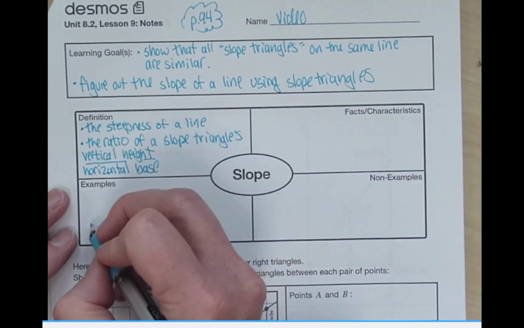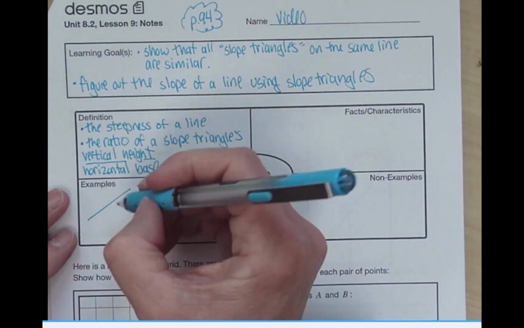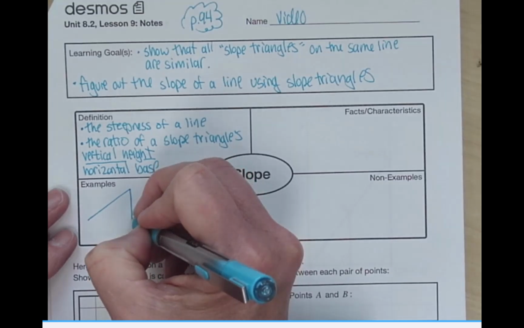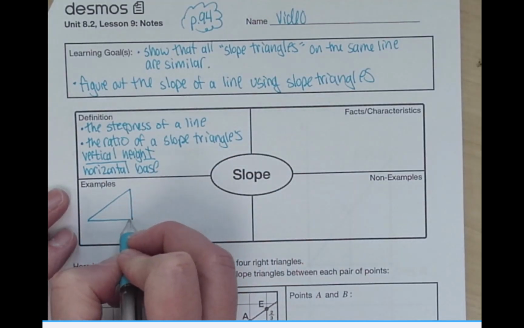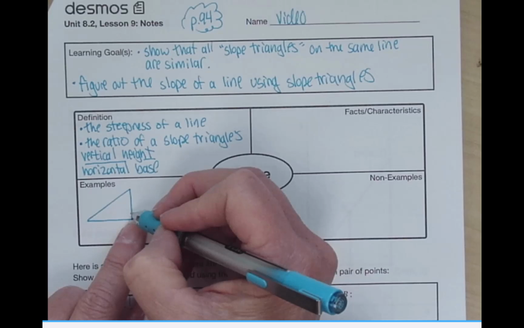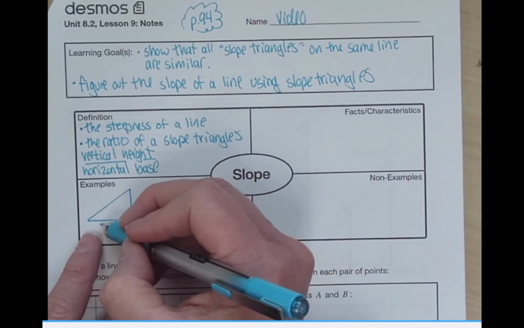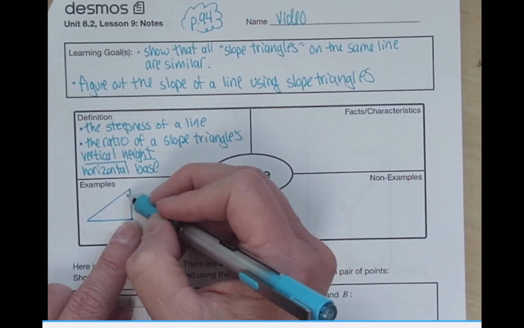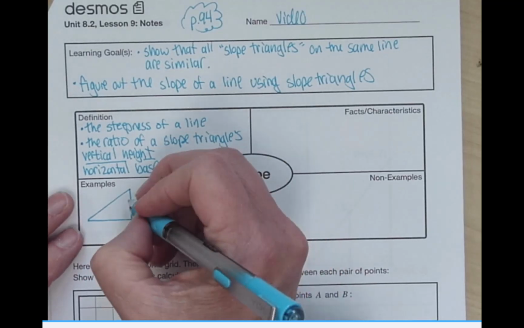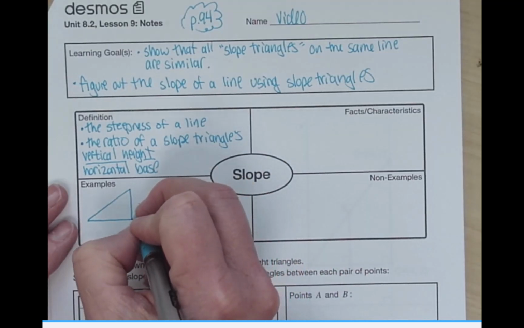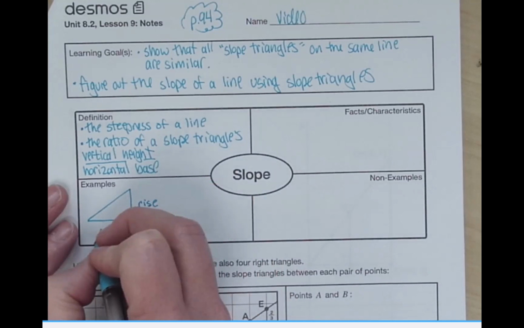So let's say we have a right triangle like this one. In all of our slope triangles, we're going to have a horizontal piece and a vertical piece. Sometimes these are called the rise and the run,